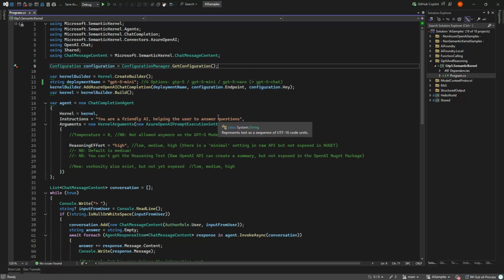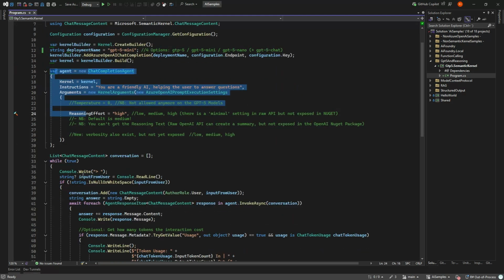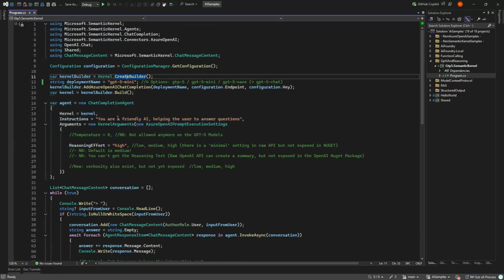If you've seen any of my other videos about creating a kernel, creating an agent, and making a chat loop, this is much the same. I have my configurations behind the scenes in some user secrets, and here I choose my model deployment name. As I mentioned, there are four options.